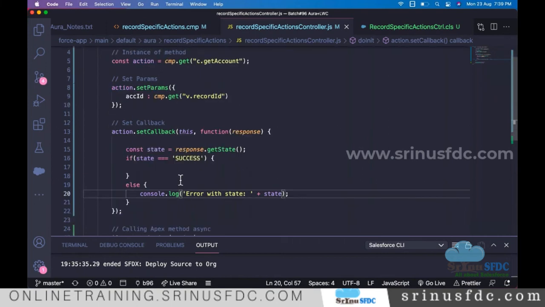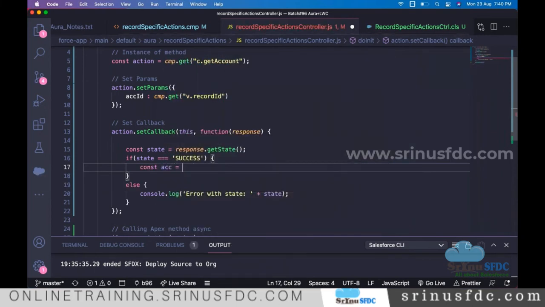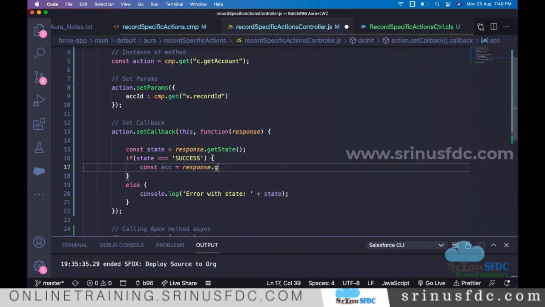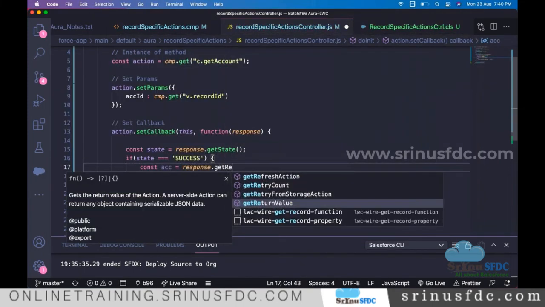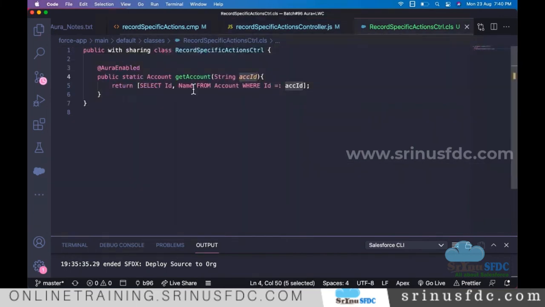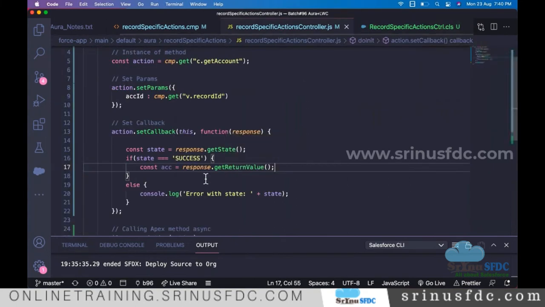But in the success scenario, to get the real account response, whatever exactly the Apex method is returning, we have to say response.getReturnValue. This has exactly the value the method is returning, right? So this one.